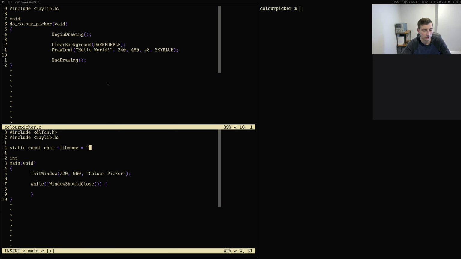Yeah, okay, so you do need to keep it open for the whole time. So I'm gonna have a static void pointer lib handle that's gonna stay around for the lifetime. So we'll do a lib handle equals dlopen lib, and